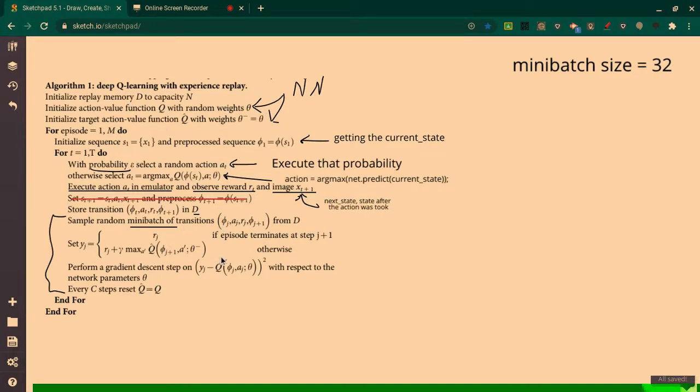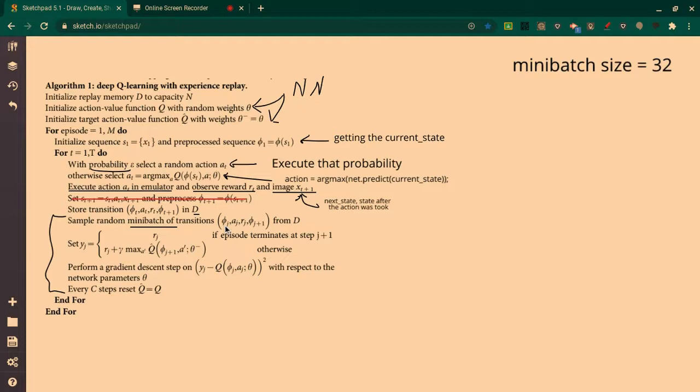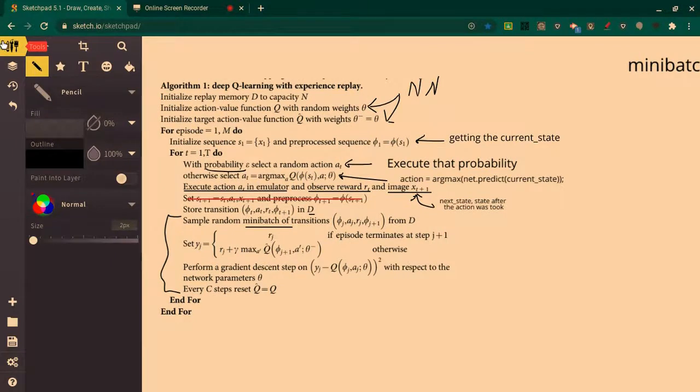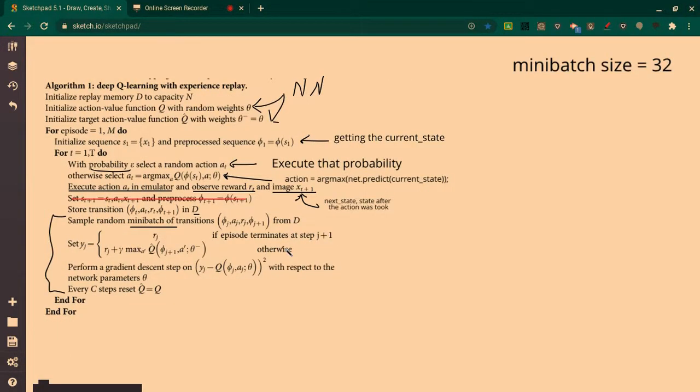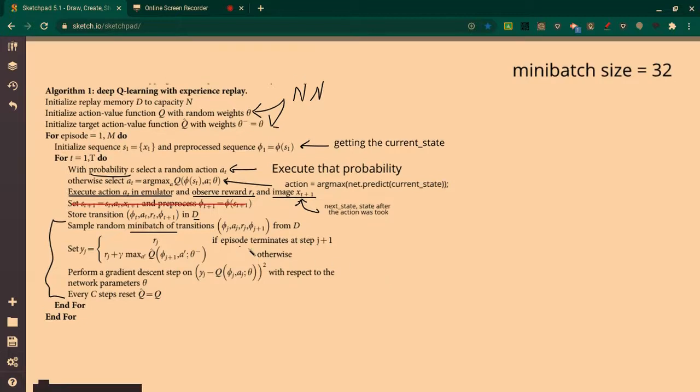With that random transition, you get a state, an action, a reward, and a next state. So now let's go to this over here, where this is like an equation. You may be wondering, what is this? If the episode terminates at step j plus 1. Now, what that does, let's just say in my ping pong game, the episode will